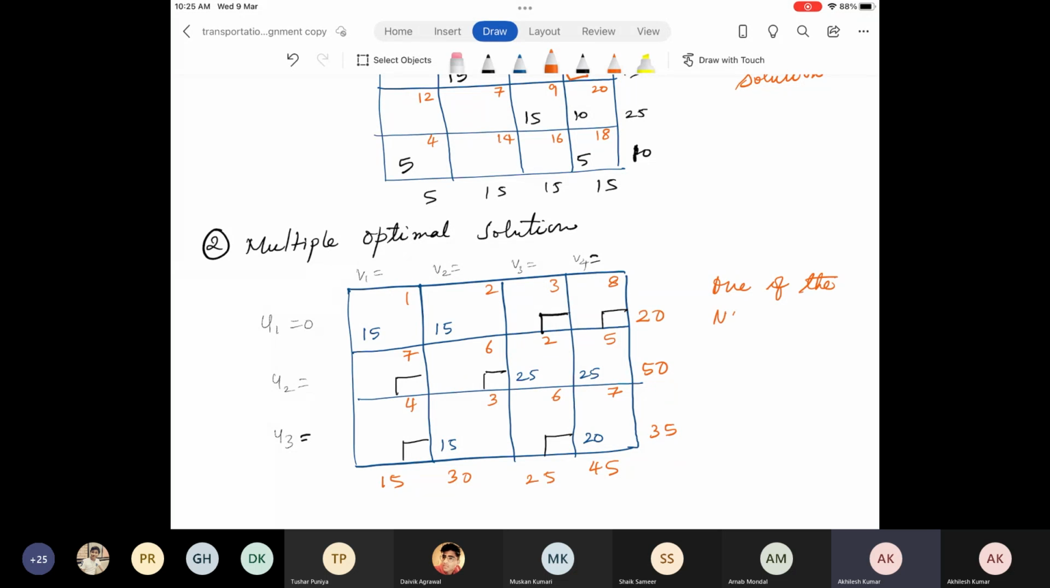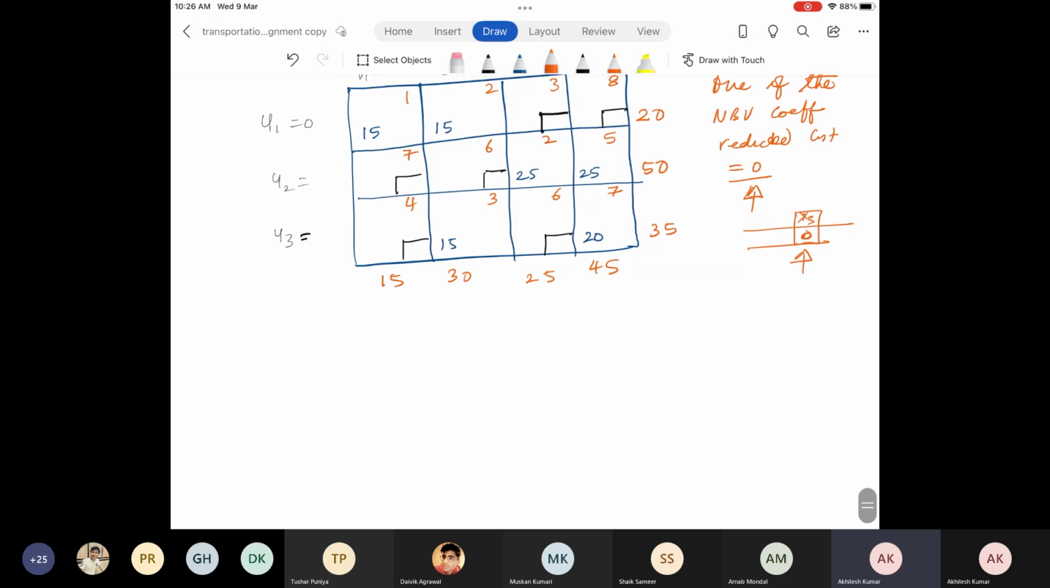One of the non-basic variable coefficients or reduced cost values will be equal to 0. That shows that in your row, one of the non-basic variables is 0. So you know this is a multiple optimal solution. Force it to enter the solution, and you will find the other solution. Third case is,